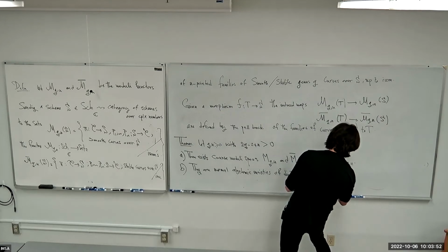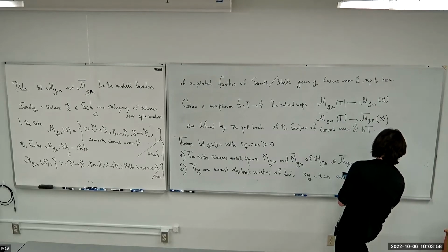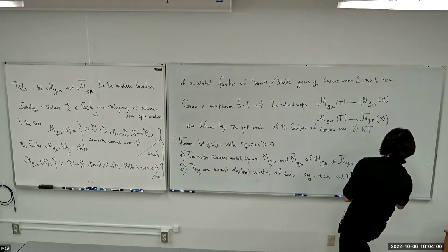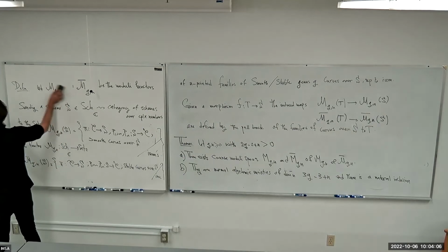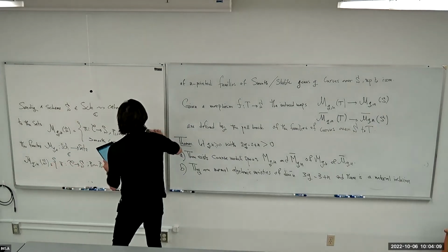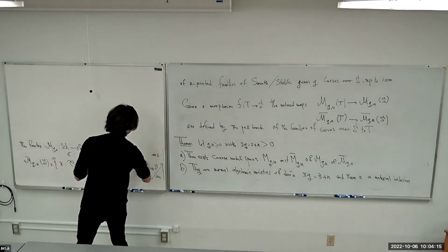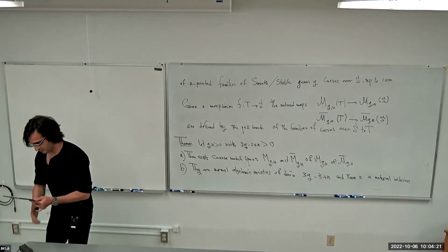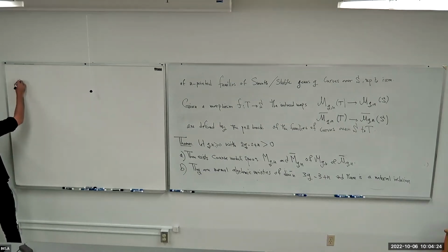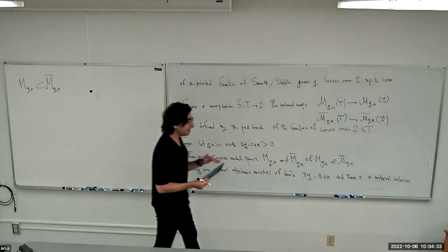And there is a natural inclusion, straight M_{g,n} inside straight M bar_{g,n}. You see, I could have